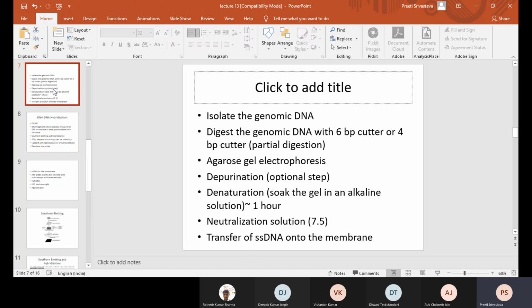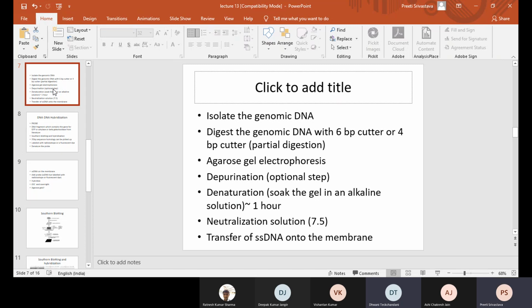So now, what's the purpose of Southern blotting? I think that was the question of Ratnesh, right? So why do we do Southern blotting? Why can we not do it on the gel? Anybody? Ma'am, can you briefly describe what is Southern blotting? Yes, I will describe. I would like to know whether others have followed. Dhwani, Vishant, would you like to try? Yes, because for the hybridization, we need to maintain a temperature of 65 degrees Celsius for 6 to 12 hours, and agarose gel can't really sustain that temperature. Therefore, we need to do it on a membrane, and therefore Southern blotting.